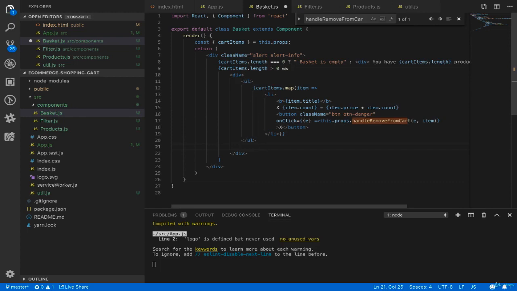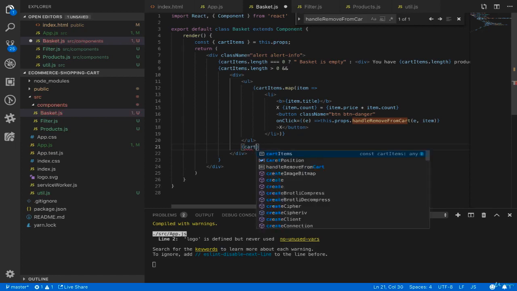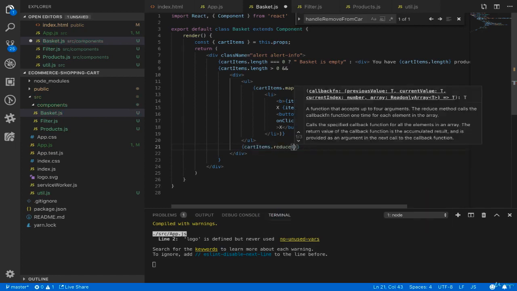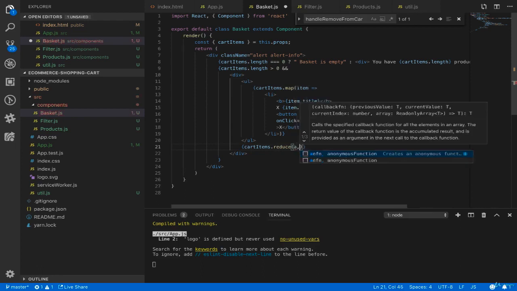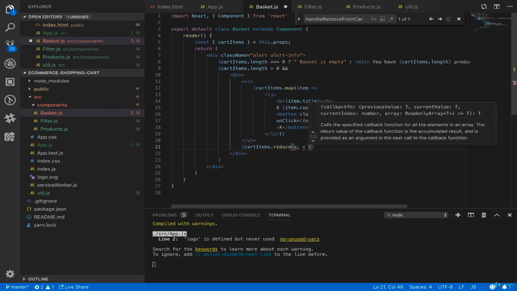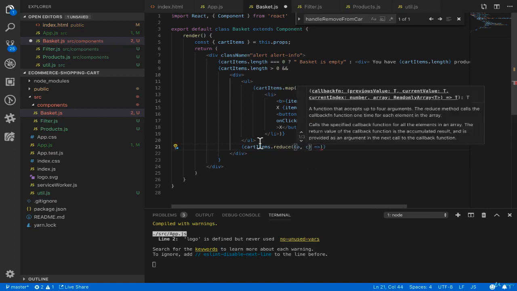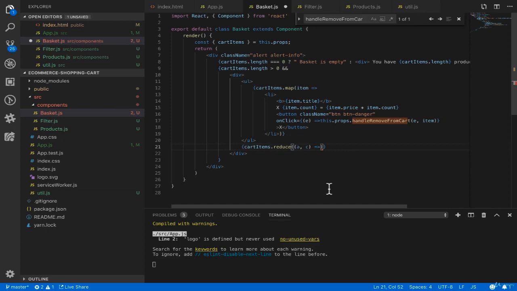Here we use the reduce method of array for cartItems, and for accumulator and current item let's put these two in parentheses,